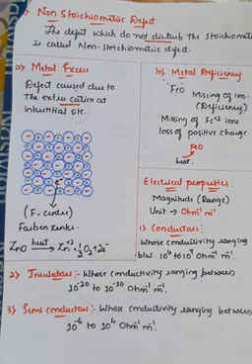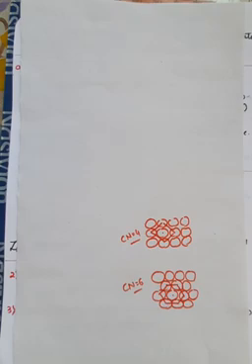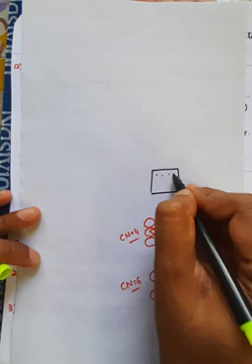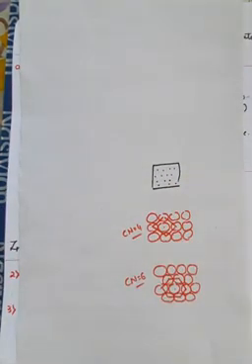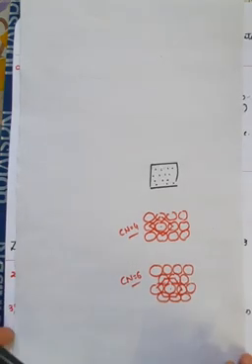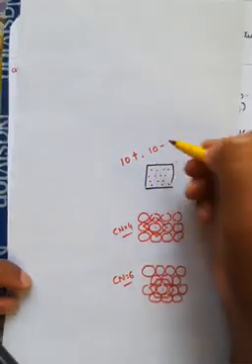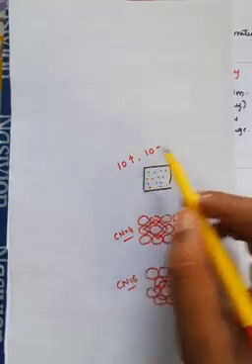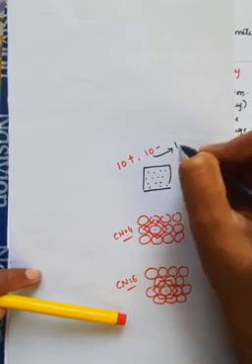For example, if I take a crystal system here, this is the complete crystal system, right? It consists of electrons and protons, that is positive charge and negative charge. For example, if you consider the given crystal system consists of 10 positive charges as well as 10 negative charges, because the crystal system will always be neutral, right? So it consists of 10 positive charges and 10 negative charges. If I remove one electron from this, what happens?